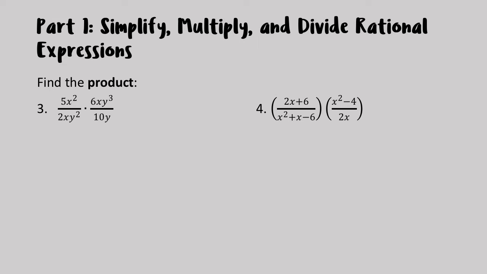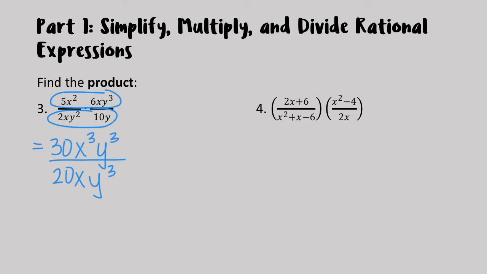So there's two ways we could do this. We could just go ahead and multiply the numerators together, and then multiply the denominators together, and then simplify. So I'm going to try that method first. If we have 5x squared times 6xy cubed, that's 30x cubed y cubed, and then I'm going to multiply the denominators together. 2xy squared times 10y,